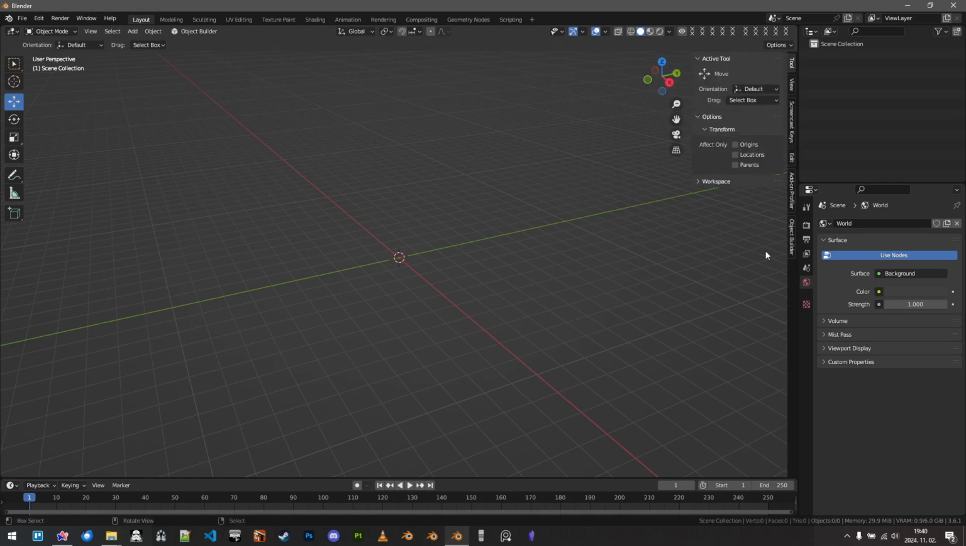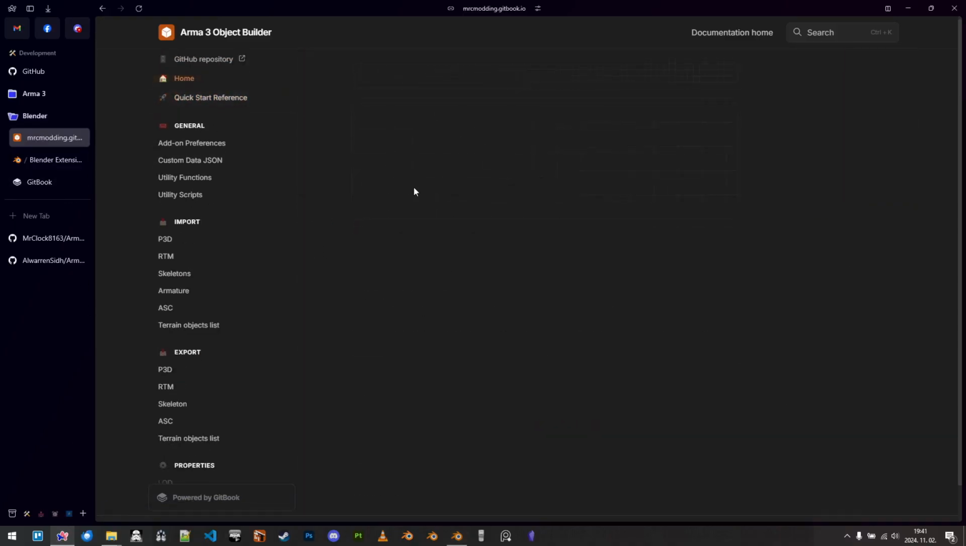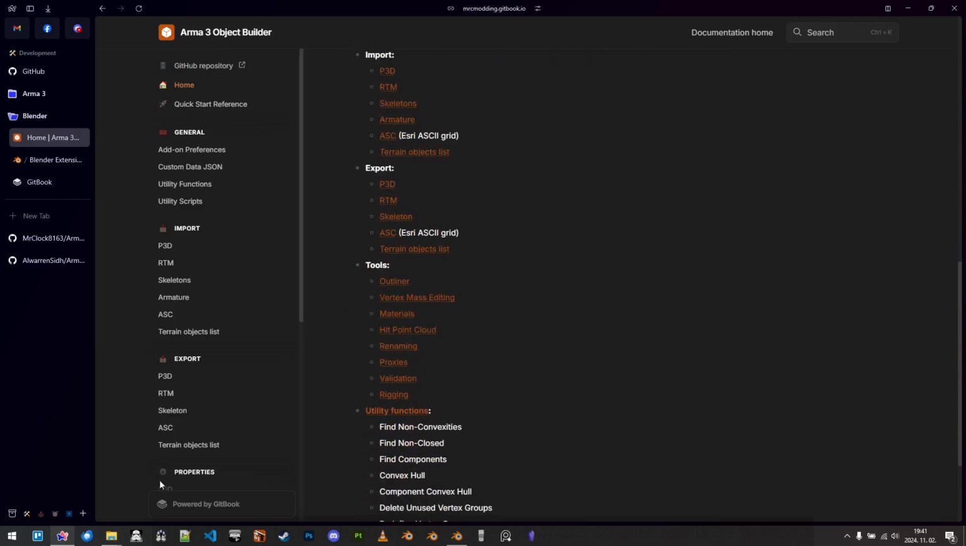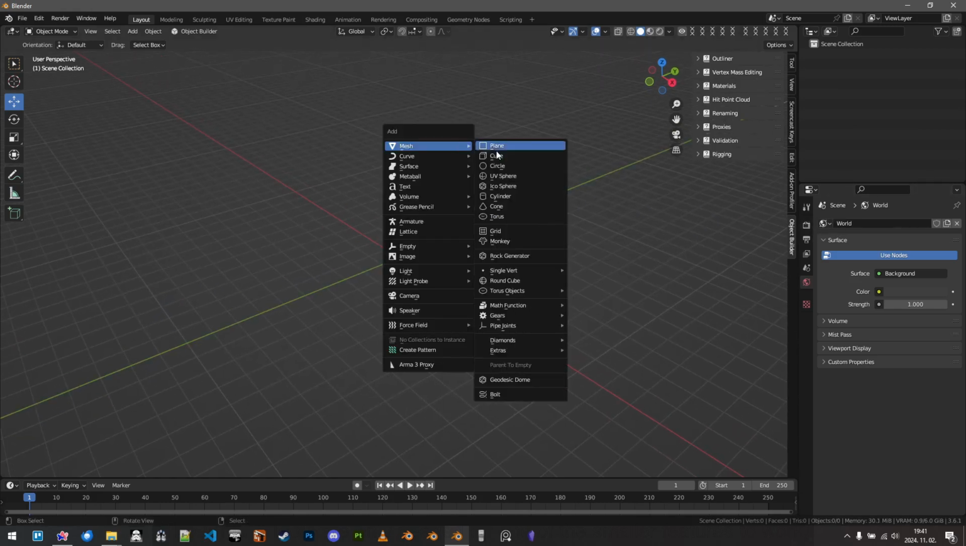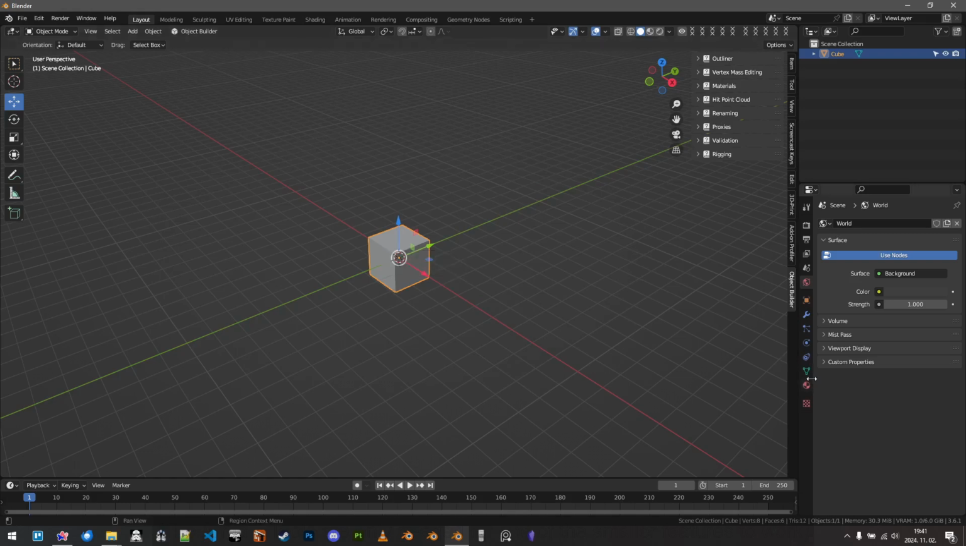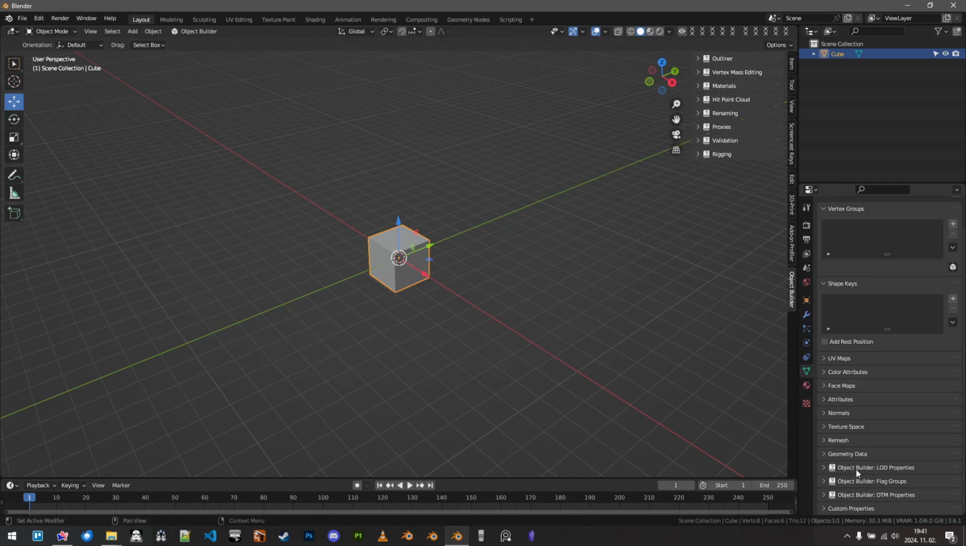Third area of interest is the Object Builder tab in the 3D viewport sidebar. This is where we will find all the little tool panels. These are the panels listed here in the tools section on the documentation. All these tool panels perform their functions independently of each other, and they will be explained in separate videos. And then the final part is for objects that are set up for export import purposes. There will be extra panels